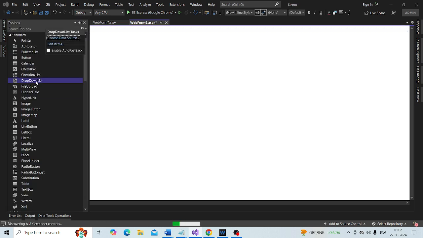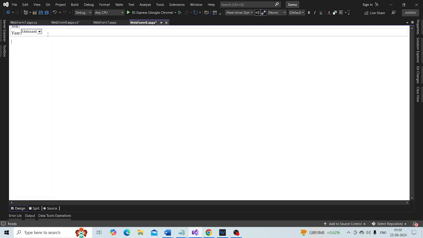Okay, here it is. Along the same line, let's put some space there, and then maybe I want some static text, month, and then a drop down list control there as well.